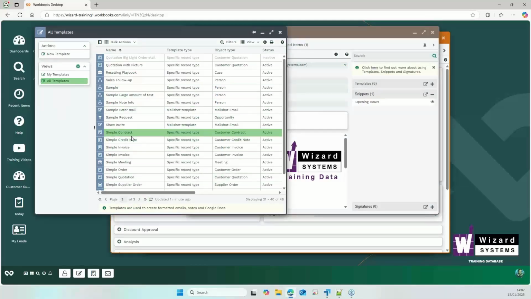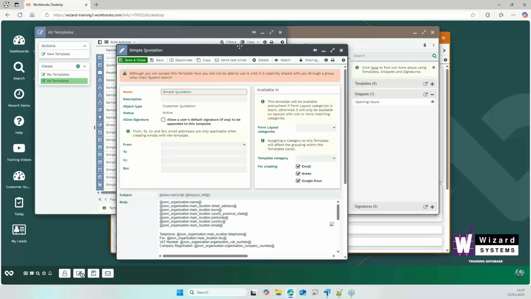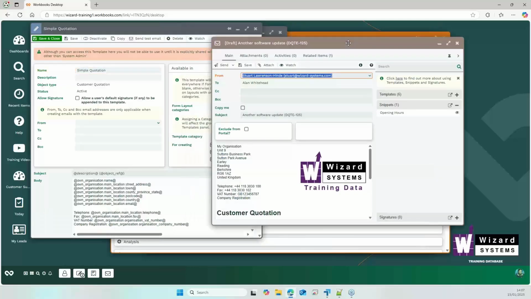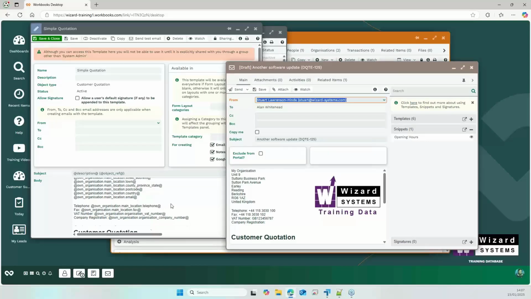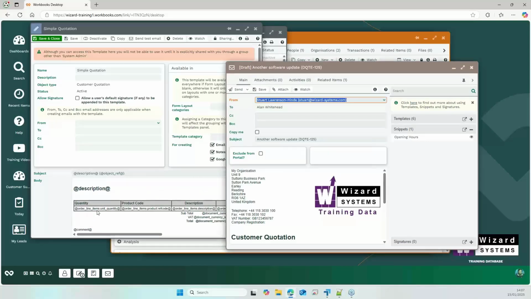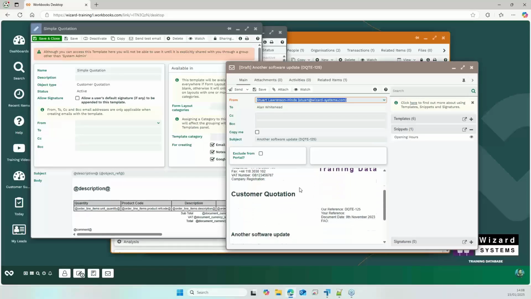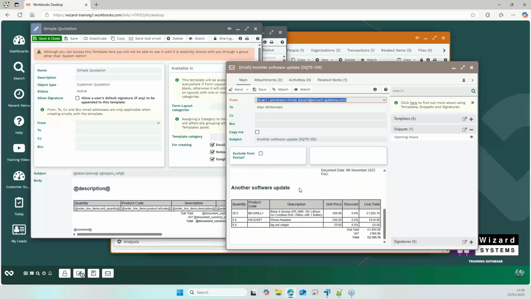So if we go and find that simple quotation, and there it is. And we put these side by side so you can sort of see how they all put together. And they're just merge fields. You decide what fields you want in the system. Add simple formatting like tables and the colors that you want. But again, the system will do all the hard work for you and it will put it all together. So all you're doing is building the layout and deciding what merge fields you want to appear where on that